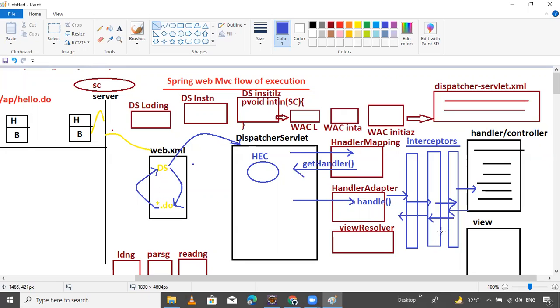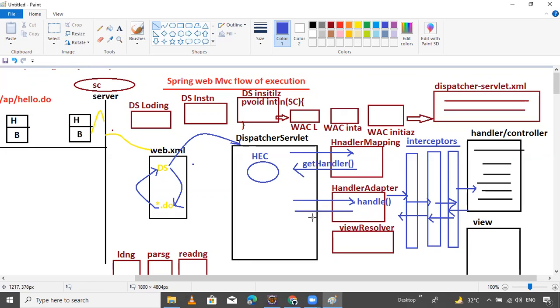What are the post processing activities? It means after the execution. Now the postHandle method is executed. After getting the model and view object, the dispatcher servlet will interact with the view resolver.